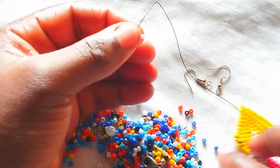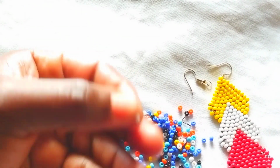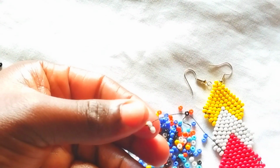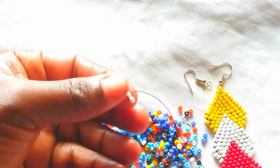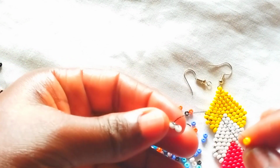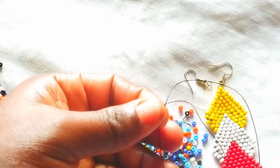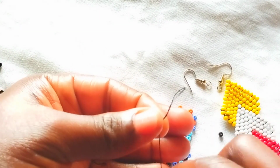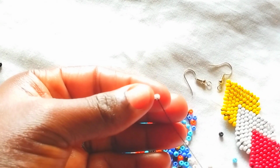So let me put my beads like that, so that it will be very easy for us to pull. So I'm done with these 2 white beads. So I'm just going to add 4 yellow beads. So I'm going to pick my yellow color. Before that, I will ensure my needle is on the last bead. Ensure your needle is on the last bead. Okay, so I'll pick my yellow color,